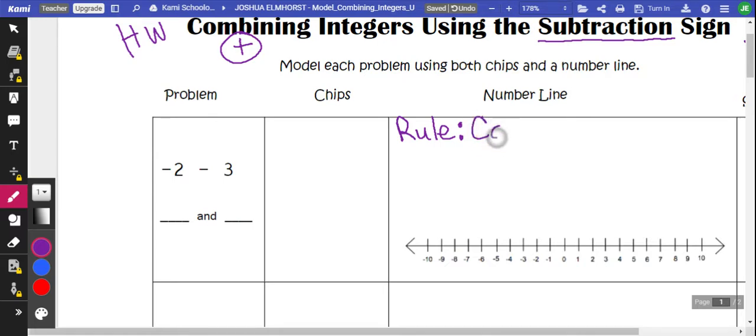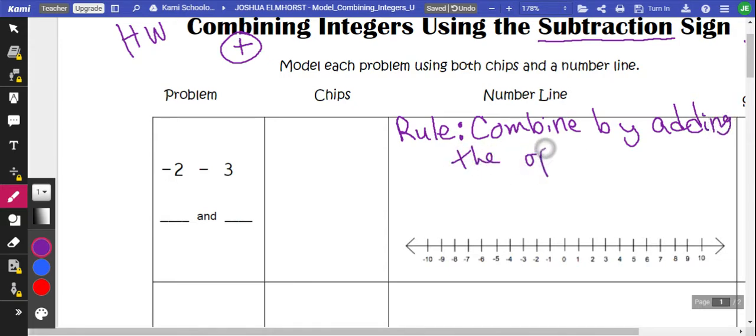So we combine by adding the opposite of the second integer. Okay, so that's our rule that we're going to focus on. So what does that mean? Well, here we have